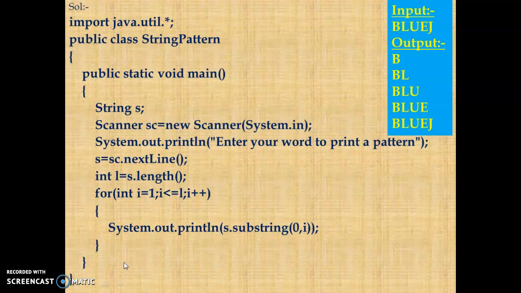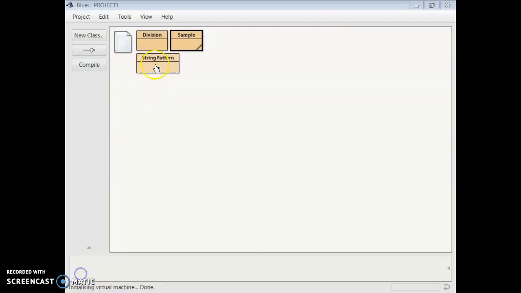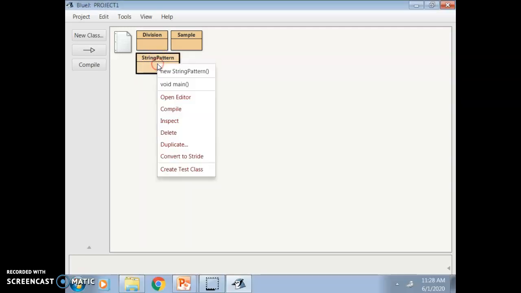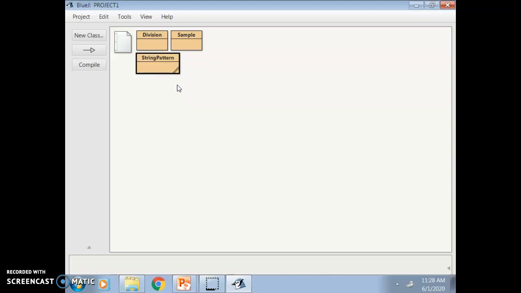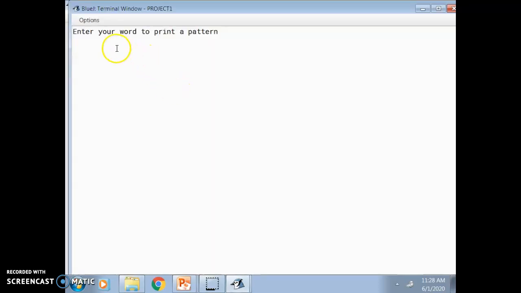Okay. Now let's run the program in Java and see the result. Here is the Java output screen to run the program. Here is a string pattern. Right click and go for void main. Now enter your word to print a pattern.